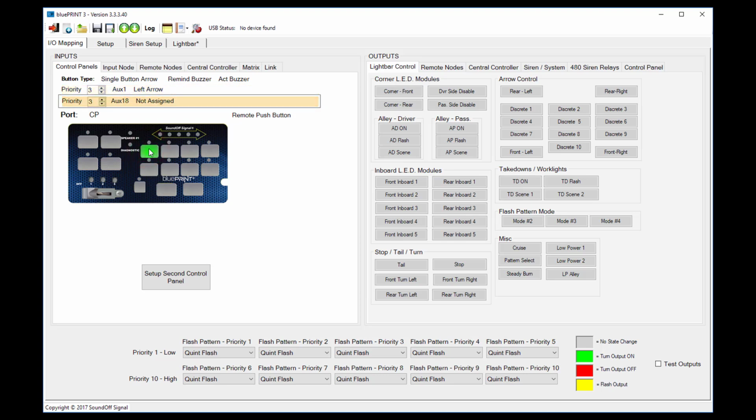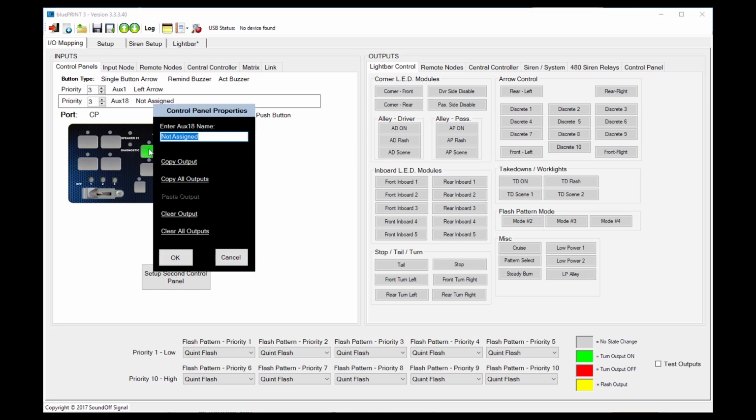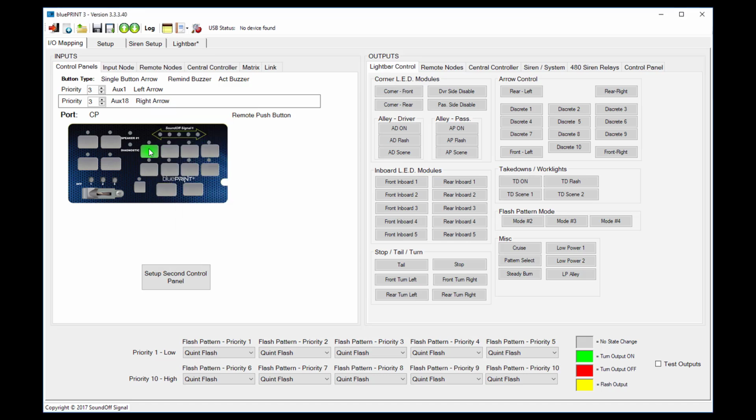Now I can name the second push by right-clicking on the button again. In this case, I'm going to name it right arrow. Now I can go through and name the remainder of the buttons, starting with the left alley,